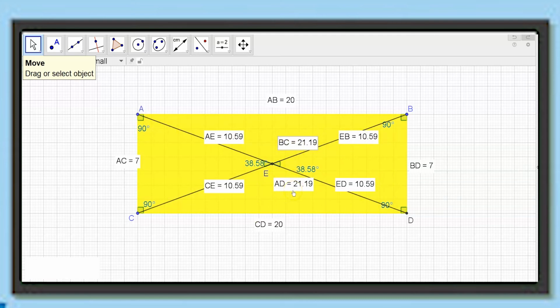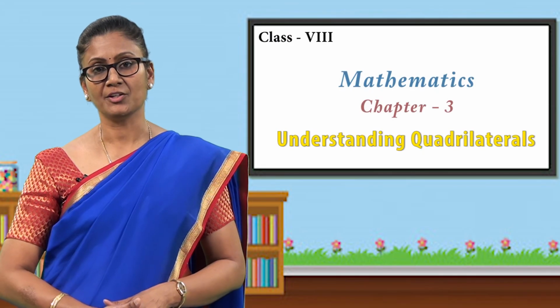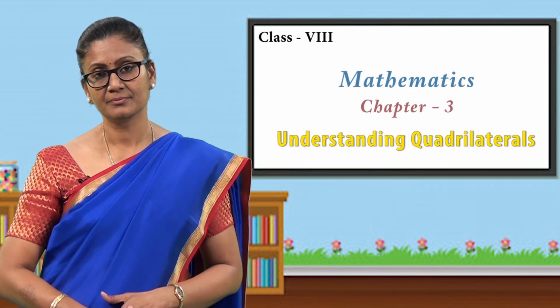So this is the next property that the rectangle has got, which is slightly different from that of a parallelogram. In a parallelogram, the diagonals are not equal, but in a rectangle, the diagonals have become equal. So I can say a rectangle is a parallelogram where all its angles have become 90 degrees and the diagonals are equal. So from the video, what did you understand, children?